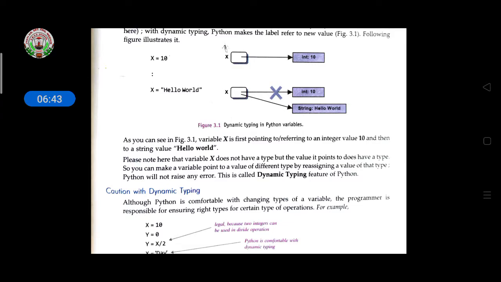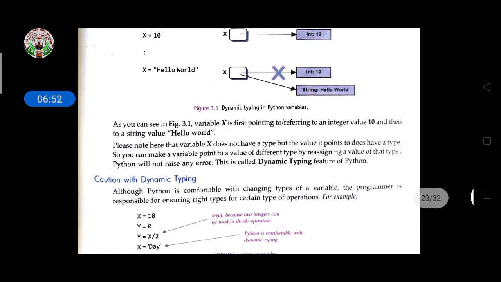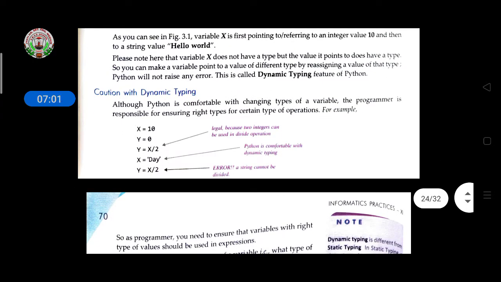So you can make a variable point to a value of different types by reassigning the value. So Python will not raise any error. It is a dynamic typing feature of Python. It will show the output, both the outputs.